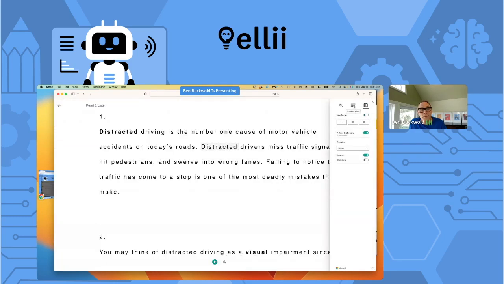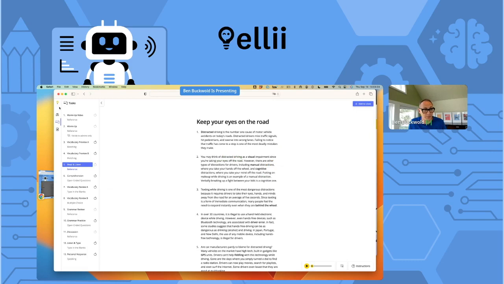All right, and then as well, we can focus on specific parts of speech within immersive reader. So for example, if I only want to see verbs, I'll just click on verbs, and the verbs all show up right here in red. Or if I only want to see verbs and adjectives, adjectives are in green and verbs are in red. There's a lot that you can do with the immersive reader tool, and your students can have access to that as well if you assign it to them. So all kinds of activities here.